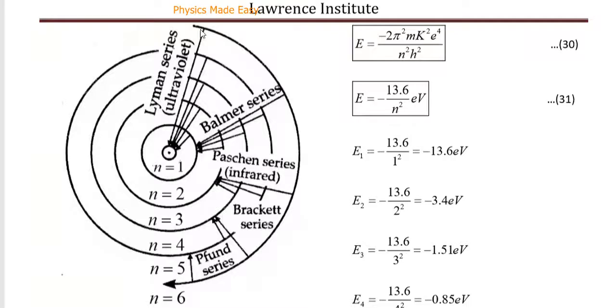If I take from second orbit to first orbit, first one line, from third orbit to first orbit, another line from fourth orbit to first orbit, another one more is added from fifth to the first, from sixth to the first, proceeding like this to infinity. In this way we shall be having a large number of lines in the Lyman series, and Lyman series falls in ultraviolet